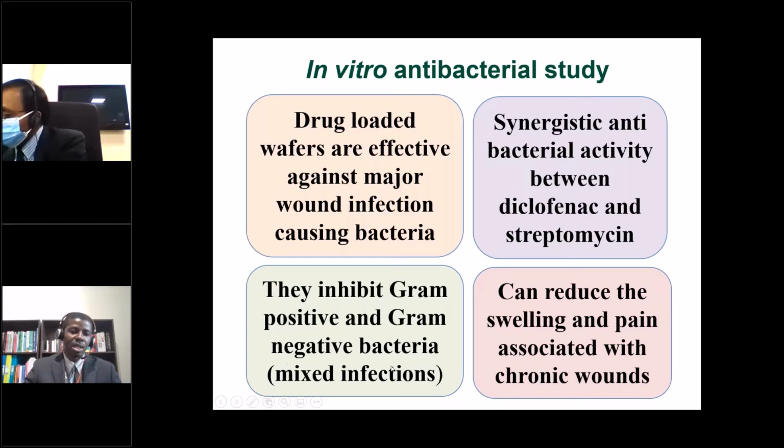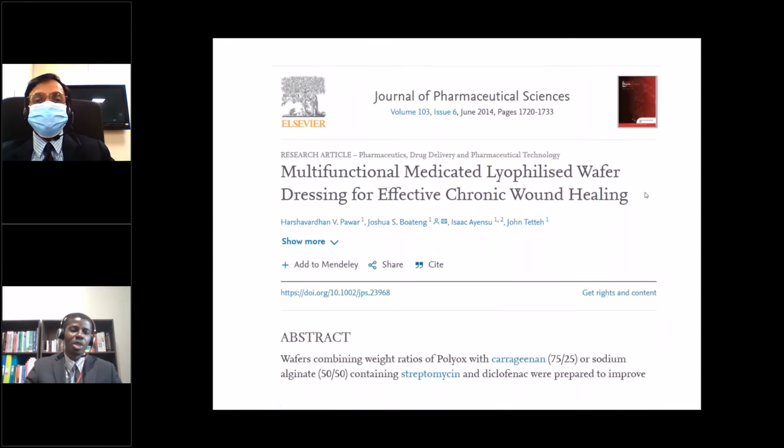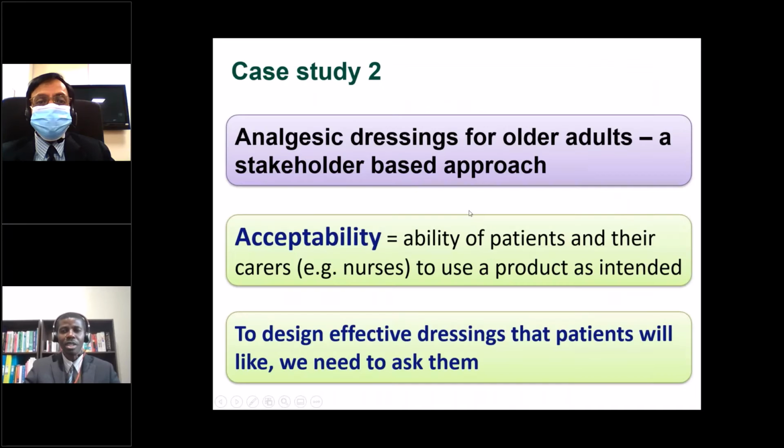In fact, in some new work that we're currently doing, we're also targeting fungi and bacteria at the same time as well. And then this can reduce pain and swelling associated with chronic wounds. Now, this work is published in Journal of Pharmaceutical Sciences a while back, so if you're interested, then you're welcome to view it. So the second case study